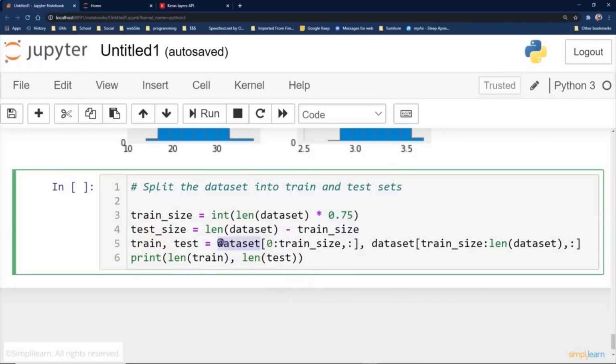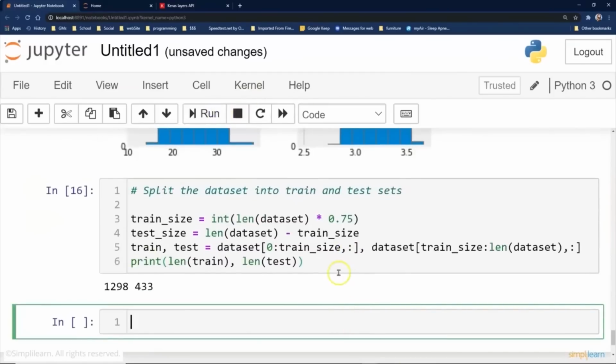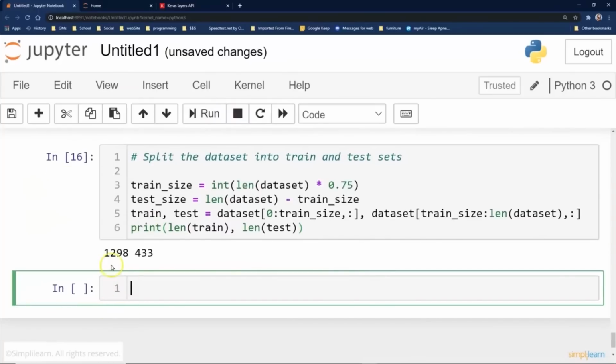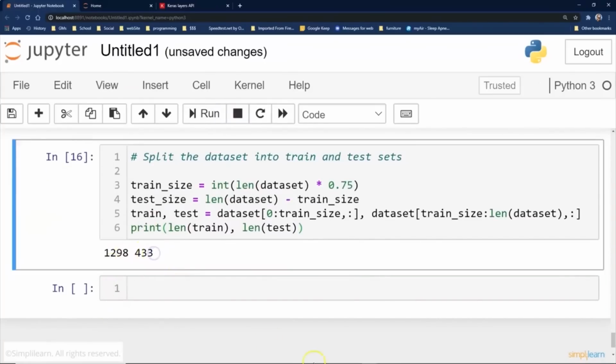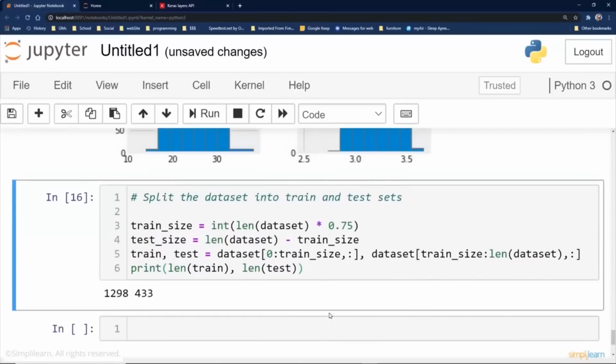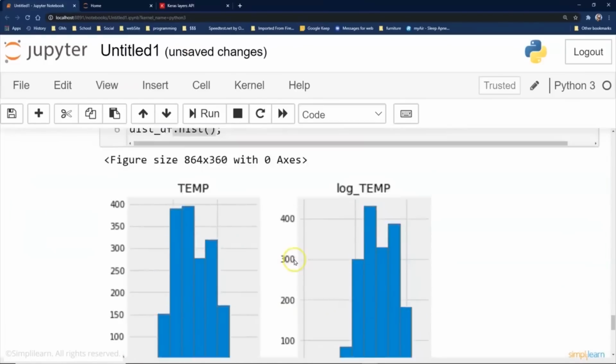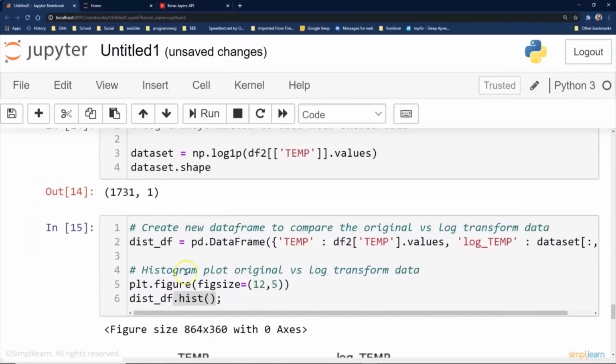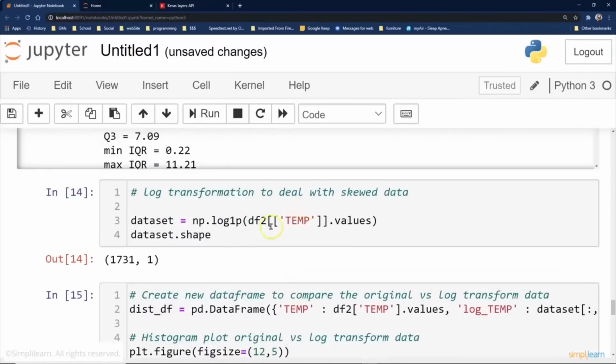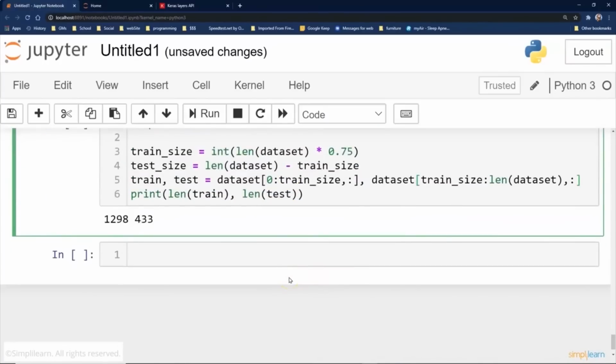Here's our data set, which is going to be the train size, the test size. And then if we go ahead and print this, let me just go ahead and run this. We can see how these values split. It's a nice split of 1298 and then 433 points of value that are going to be for our setup on here. And if you remember, we're specifically looking at the data set. Where did we create that data set from? That was from up here. That was what we called the logarithmic value of the temp. That's where the data set came from. So we're looking at just that column with this train size and the test, with the train and test data